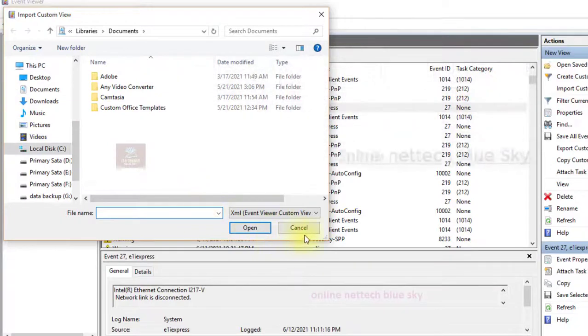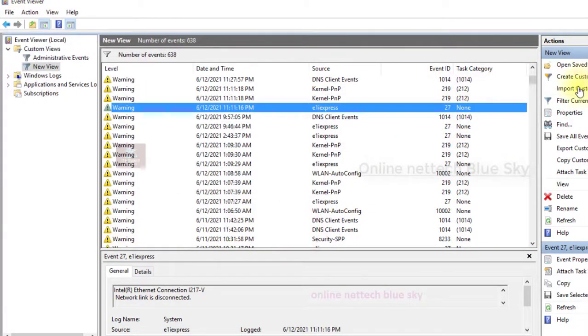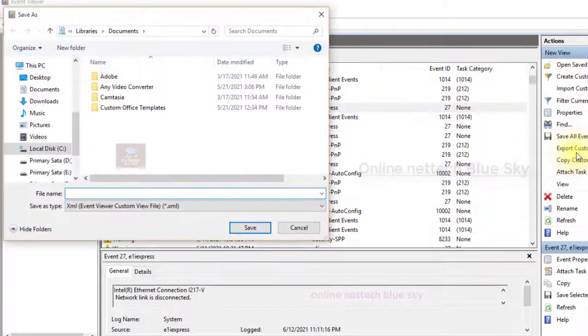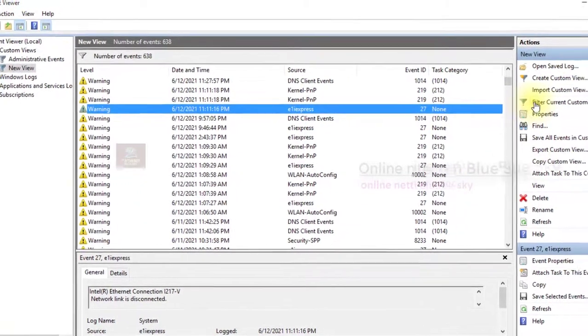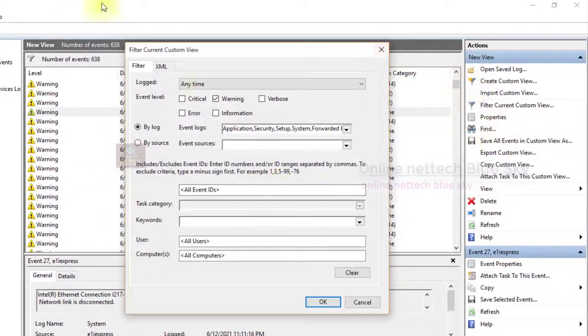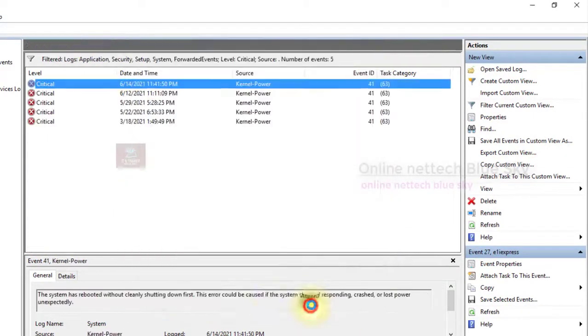So click on import custom view, but you first want to export. You need a saved export custom view file, otherwise you cannot import here. And filter current custom: filter means I want only critical information, so it shows only critical.